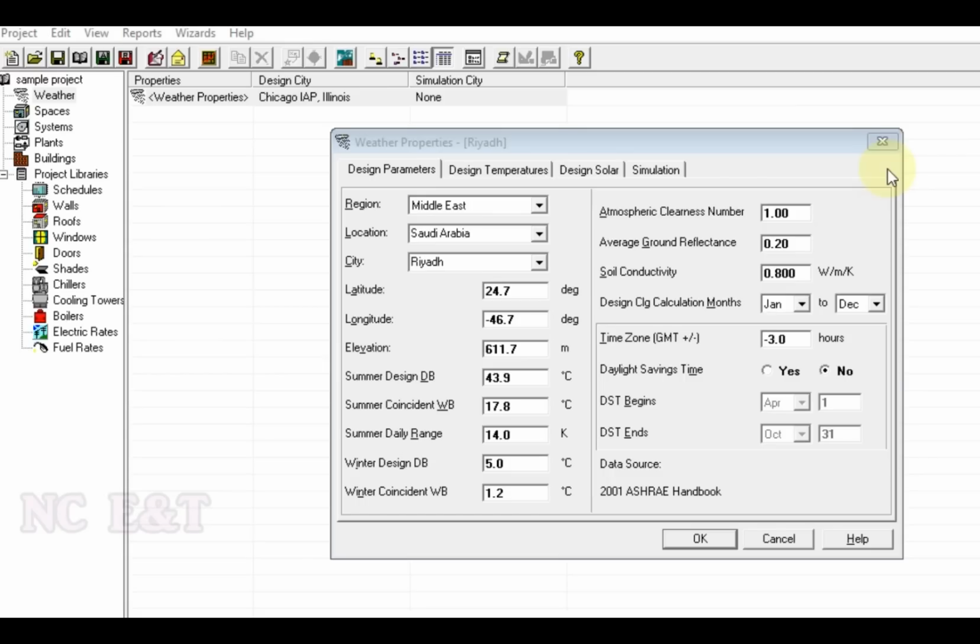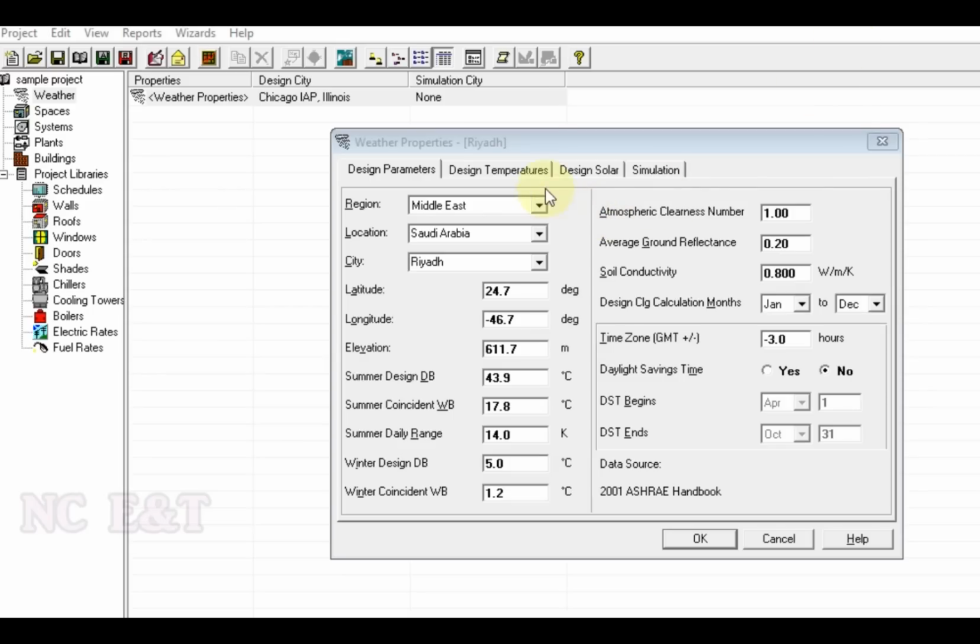The answer is yes. What is the criteria for it? The procedure is simple. We need to get the climatic condition and outdoor condition for that city from the meteorological department of that city or country, or from the ASHRAE handbook, and fill them in manually in these fields.